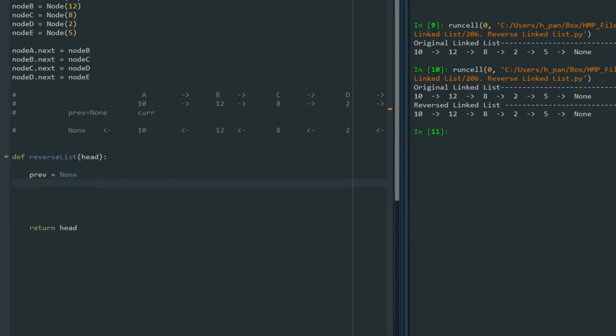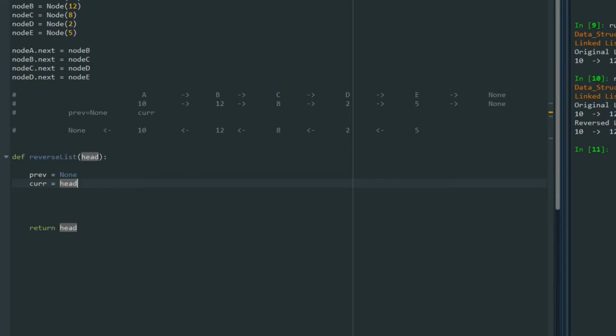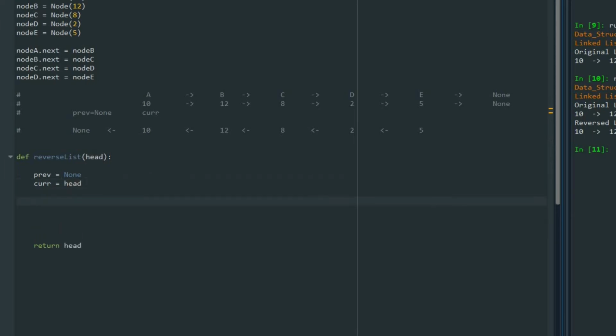Okay, and then I'm going to call this node here curr, which stands for current. I'm calling that current, and I'm going to say that is node A. Node A at the beginning is the head. So when head comes here, I put that in the current, and the previous one was None. Now I'm going to go one step forward in the linked list, and for doing that I have a while loop and say, as long as I have the current,